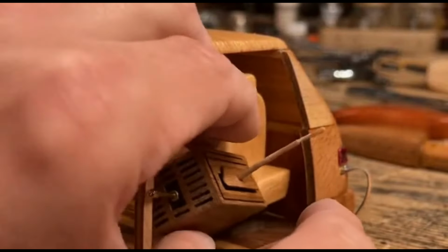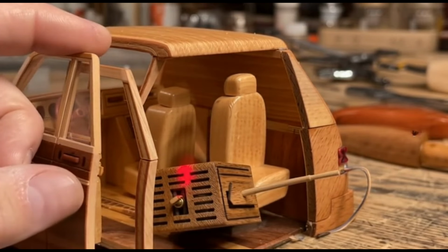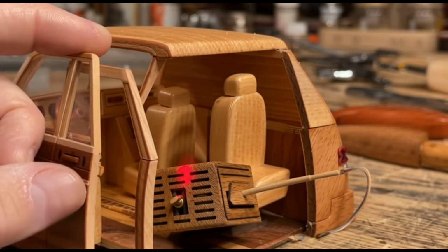Sliding the generator in right between the seats. Now the pale lead and the darker one. Good fit. Little switch right there. And on. Hear that? That's it humming. Red light means it's a...